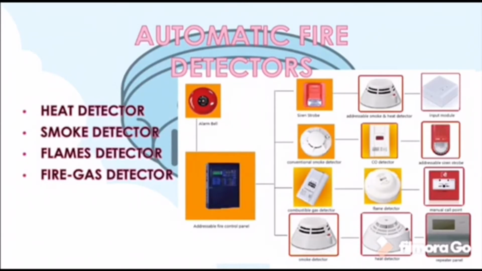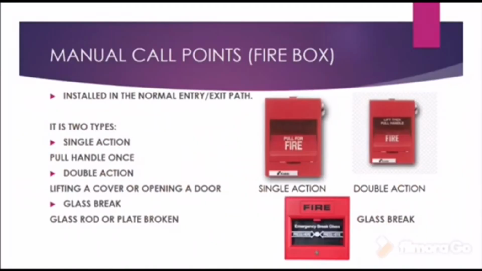This kind of fire alarm system is very important in providing building occupant warning in case of fire. Alarm systems are also proven life-saving devices that we need to install in our building. Is manual call point. Manual call point is a manual alarm that is designed for the purpose of raising an alarm